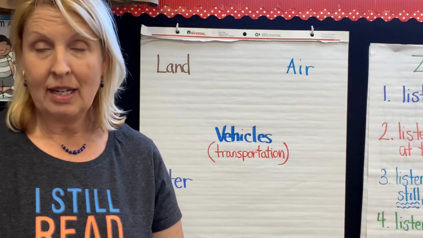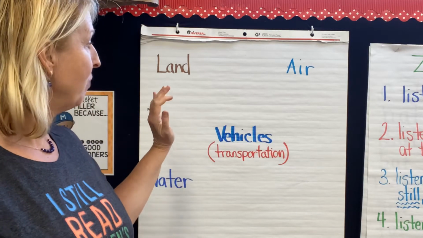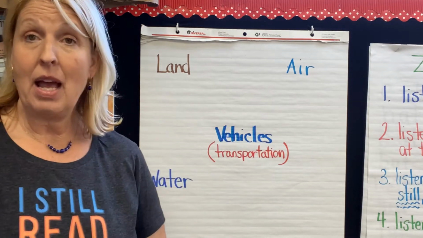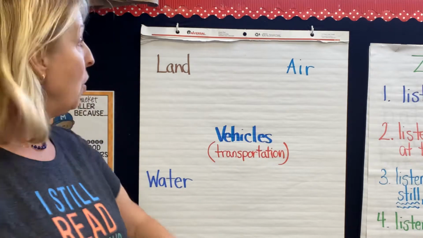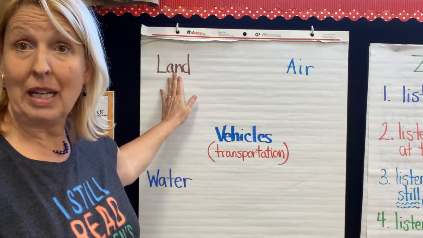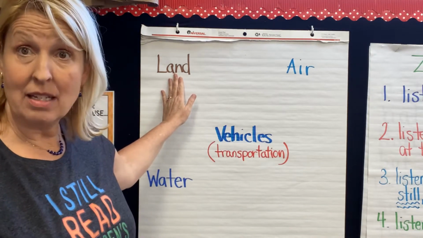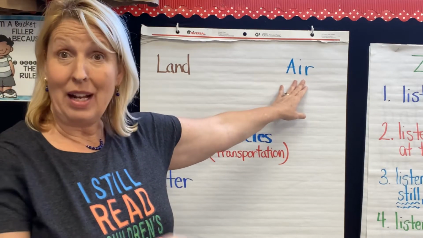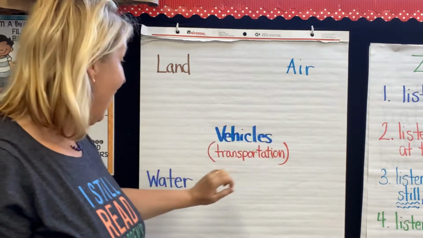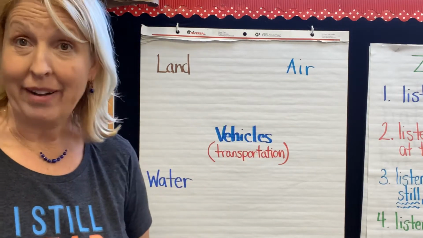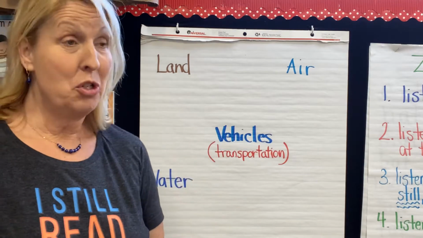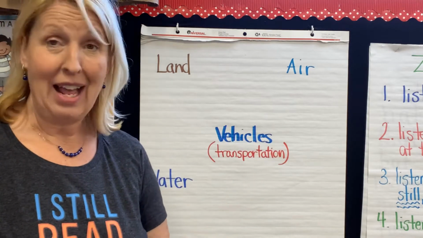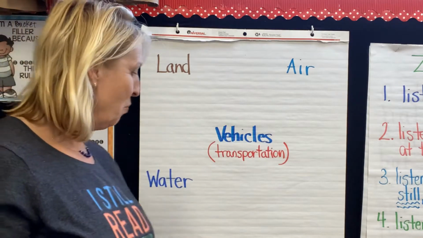Wonders pages. So the first thing we're going to do, I have my chart here and I have it divided up into 3 different things. We have vehicles or things that we use on land to get from one place to another, things we use that are in the air, and things that can be used on the water. So I'm sure that you're gonna have a lot more ideas than maybe even I put on the chart, and that's okay. We're gonna start with